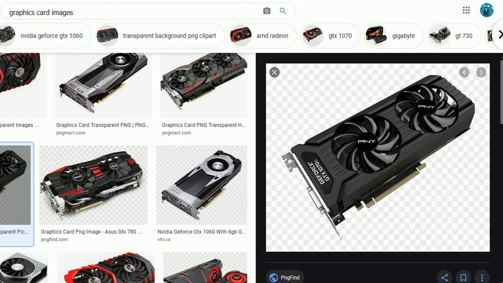EGA supports up to 16 colors only at a time. It usually has a resolution of either 640 by 200 pixels or 640 by 350 pixels. The quality is bad, because 640 by 200 pixels is not good, the resolution quality is poor. EGA is the enhanced graphics adapter. Next, the upgraded version is VGA.